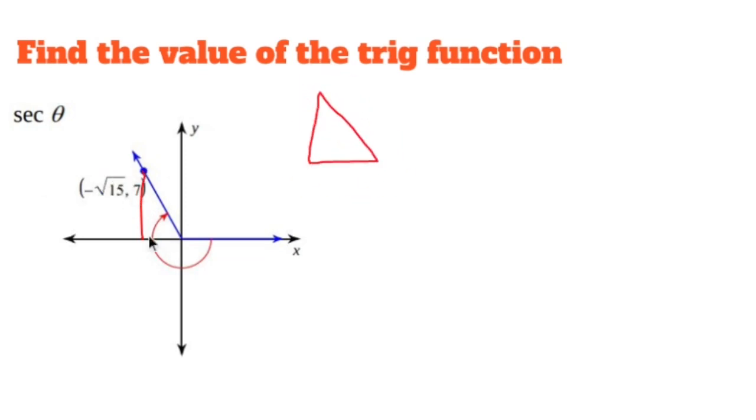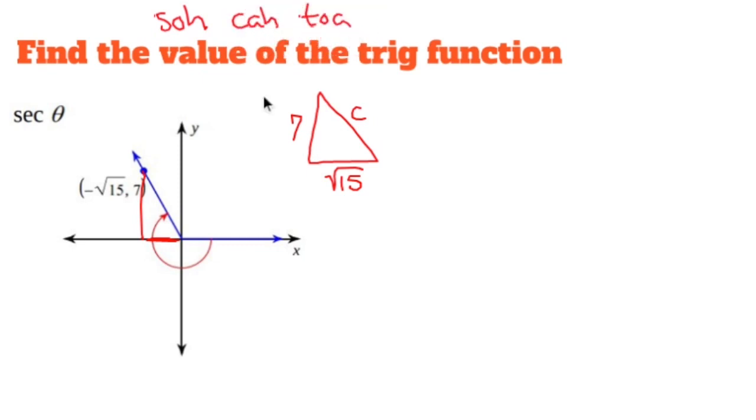What this point tells us is this length goes from 0 to negative root 15, which means that length is root 15. We know that this guy goes up to 7, so I have a height of 7, and I don't know what this is. It's asking me to find secant theta. So if I spell out